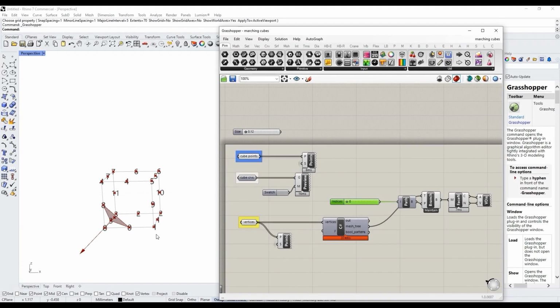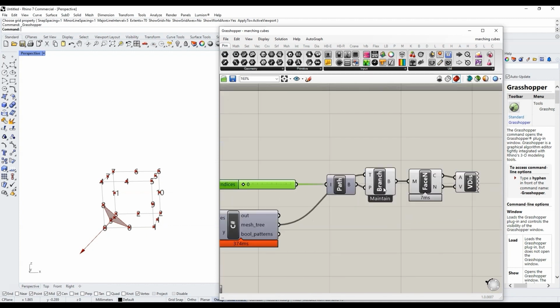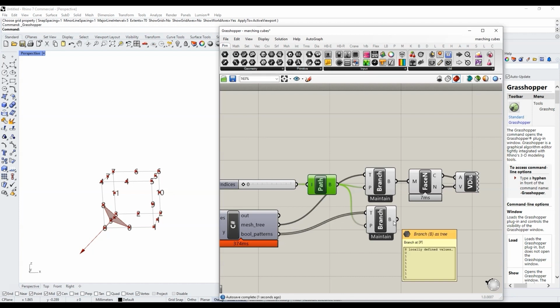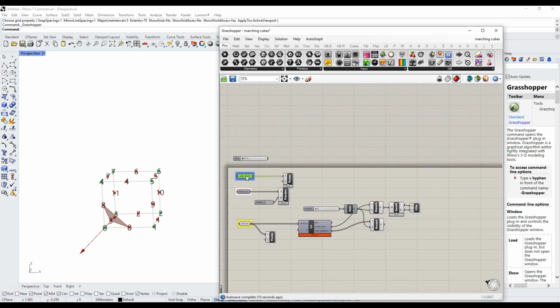Before we jump back into the scripting component, let's do one thing to help us visualize what's going on. Let's color code the corners of the cube so that we know which corners are inside the volume and which corners are outside of the volume. So I'll need one more tree branch, and we want the same path, but it's coming from a different tree. This is our Boolean pattern, and let's pull our cube points over here